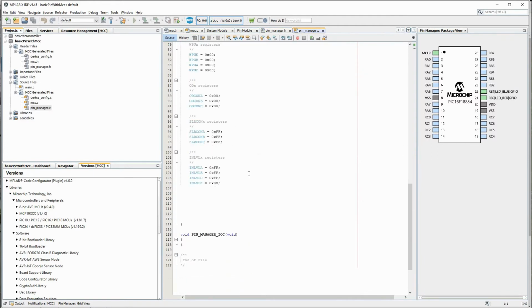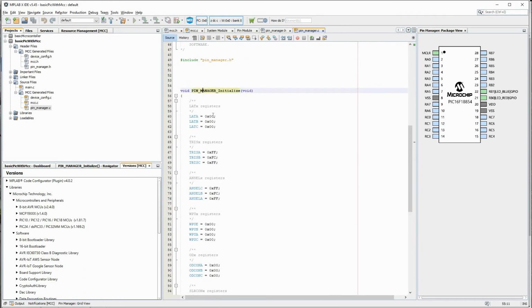So pin initialize is there. In initialize they have done everything here. Lat A, lat B, lat C. This latch is for the output, port is for the input. I think at some point during Microchip evolving with their controllers, they changed this. Initially port A or port B was used for both input and output. At some point they stopped port A from being used when you are using it as an input pin, and latch A or latch B to be used when you are using it as an output pin.